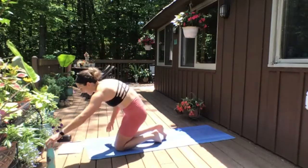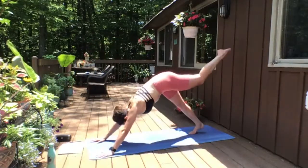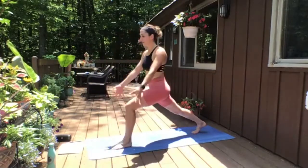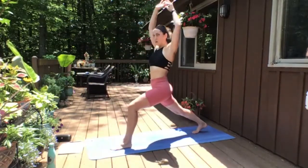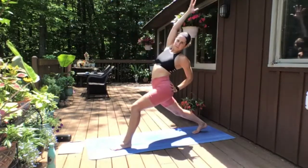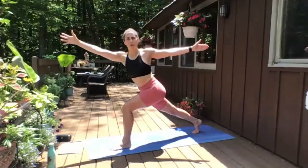Let's do one last side. Left leg lifts, breathe in. Left foot steps forwards, breathe out. High lunge, inhale. Open twist. Reverse it. And then back to your open twist, and this time we add on, so lean forwards, and then